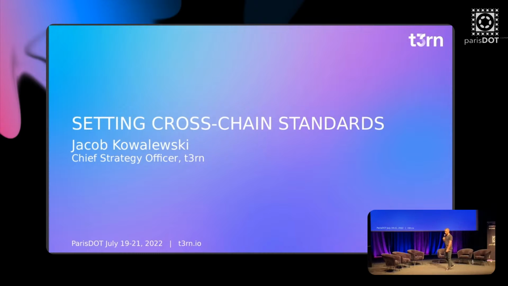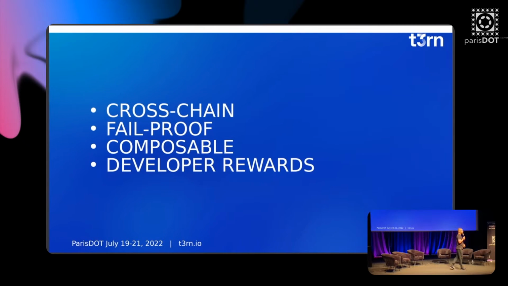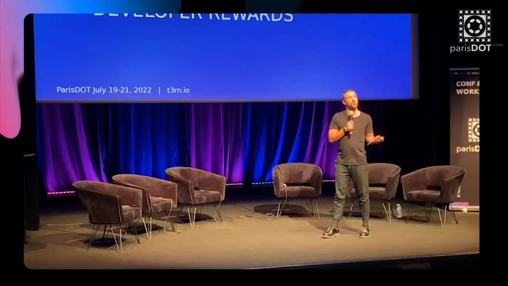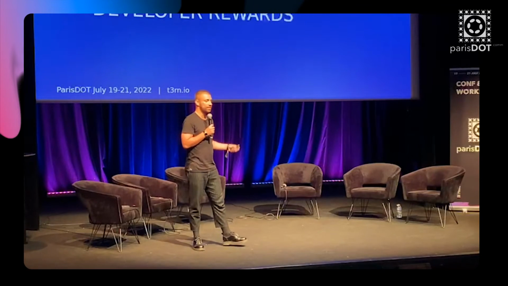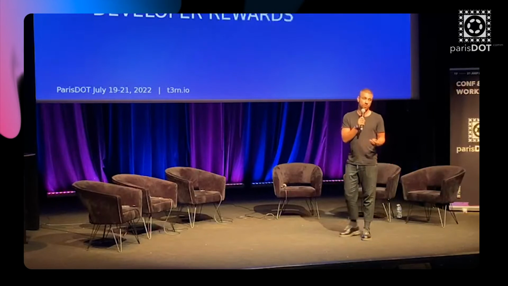What's unique about Turn is that we have this fail-proof mechanism built into the protocol itself. What that means is that should a transaction fail at any point during a cross-chain execution, we can revert back the effects that had happened up until that point. The way of thinking about it: in a single ledger system, for example on Ethereum, if you're executing a multi-step transaction and you run out of gas at some point, you know that everything's going to get reverted back and the side effects won't be written down. We're matching that and moving that across into the cross-chain realm.